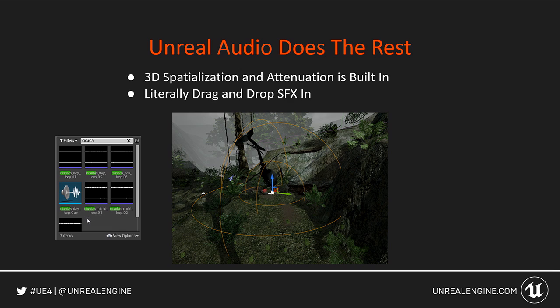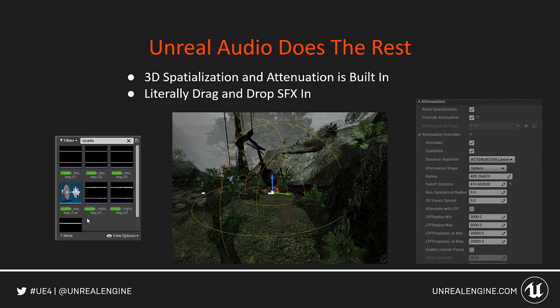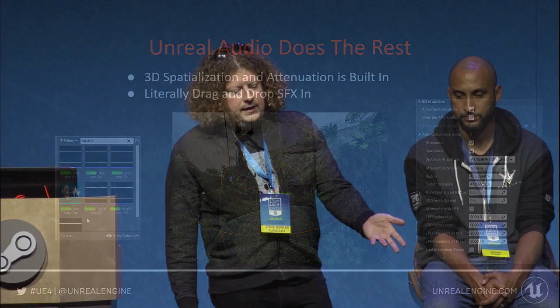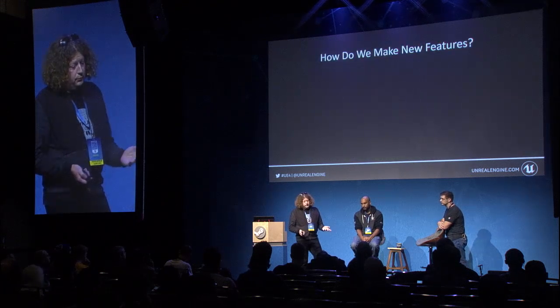You see those two volumes around the area. Those are the attenuation volumes for it. If you're outside of that large volume, it doesn't sound like anything. As you cross through that and go towards the middle, it gets louder. It also spatializes it in your ears through 3D properly. If you don't like the way it came in, if you feel like you set the attenuation wrong on the actual cue, you get a details pane in the editor that you can go in and change, really quickly and easily. Change the size of it, or you can actually turn off spatialization so you always hear it like a headset coming out of your ears if you want. Unreal makes it really, really easy to work with.